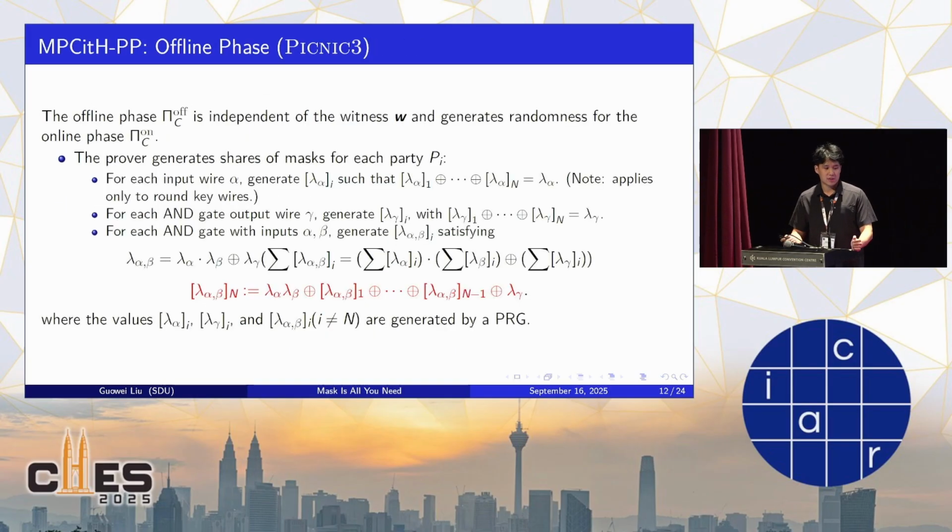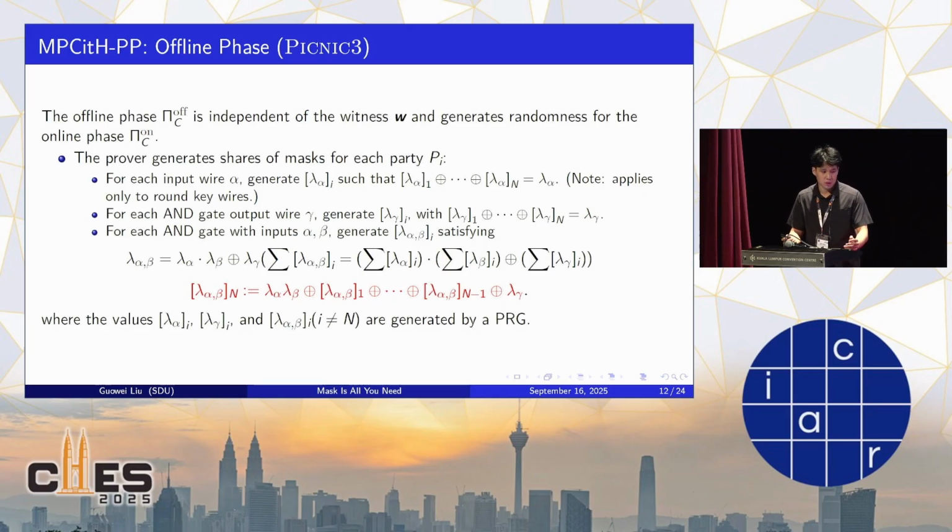The offline phase is independent of the witness W, and generates randomness for the offline phase, and also computes the auxiliary information for the online phase. The prover generates shares of masks for each party Pi, and for each input wire alpha, generates shares lambda alpha i. We should note that this alpha only